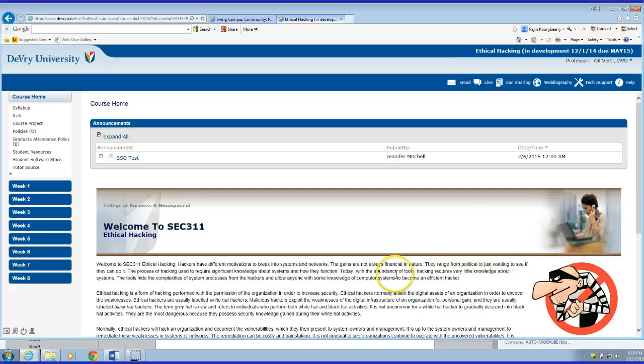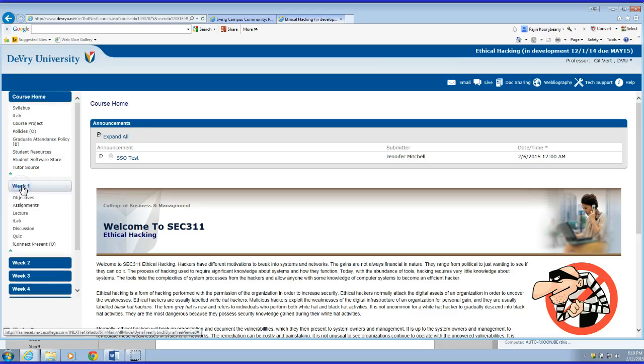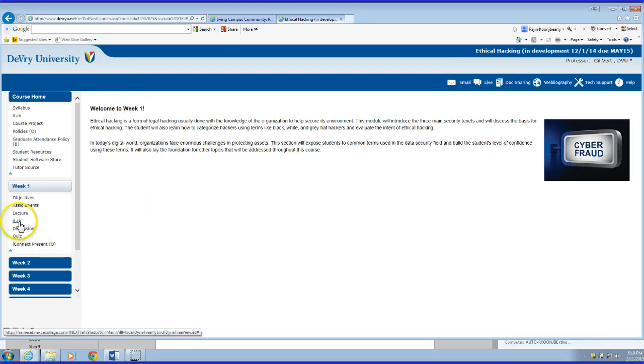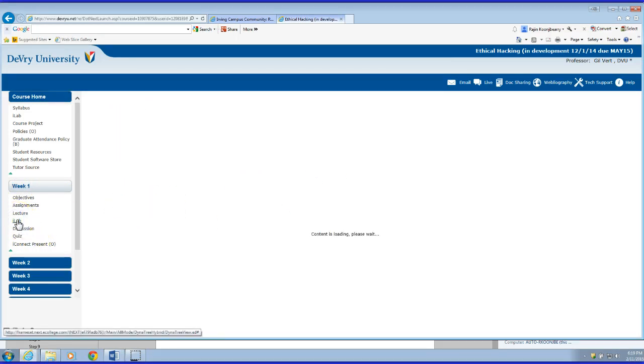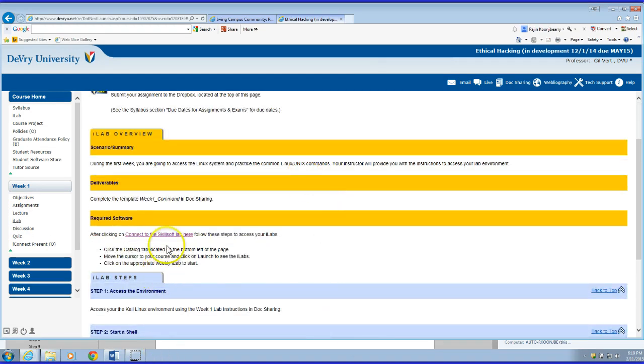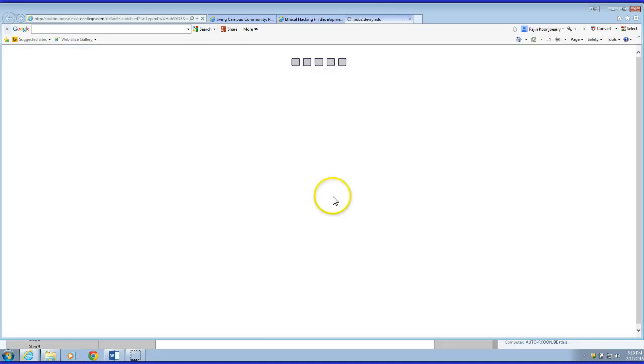Okay, so this is a supplement to help you do your lab. For week one, when you log into the course, you would go to week one, and to connect to the lab, you're going to click on iLab. When this screen appears, you're going to go down to required software and click on connect to Skillsoft